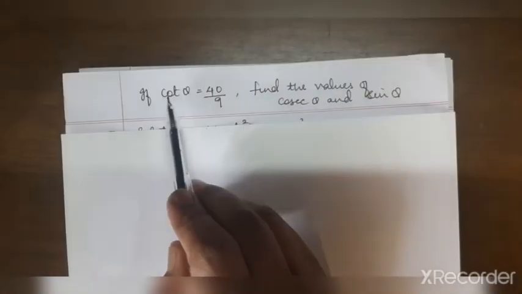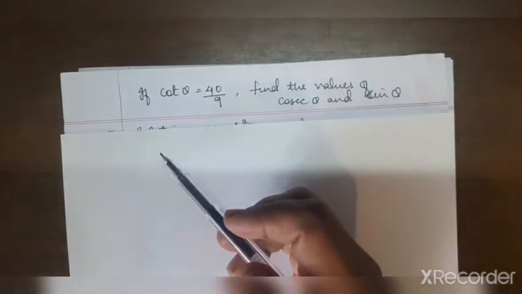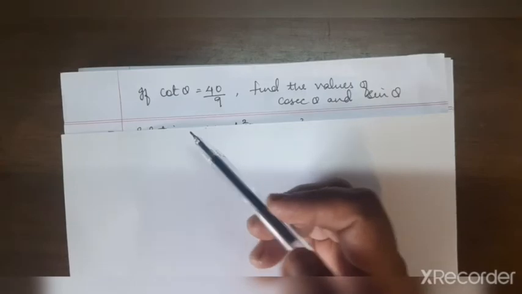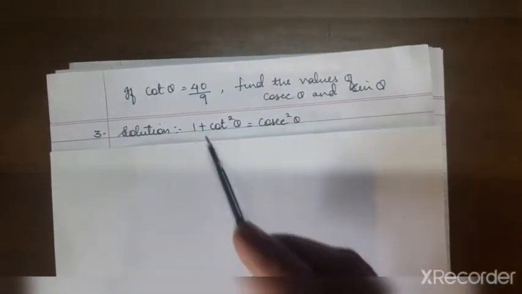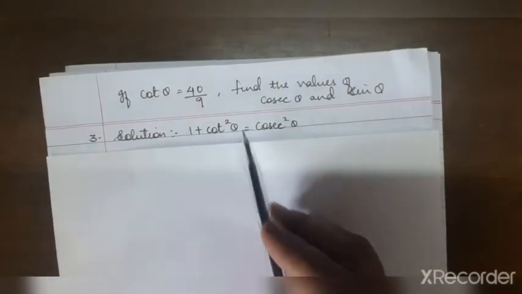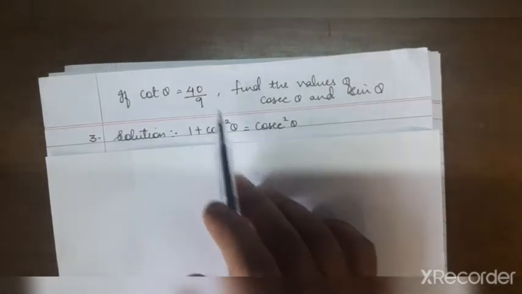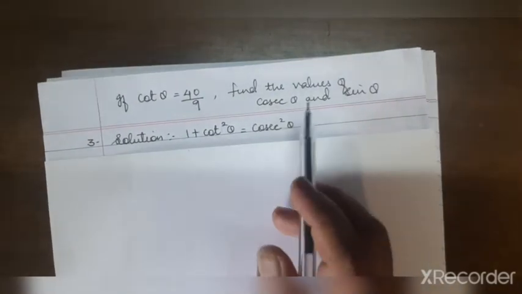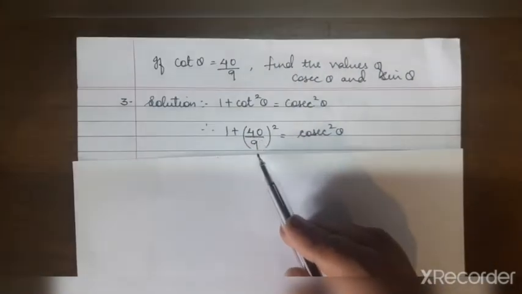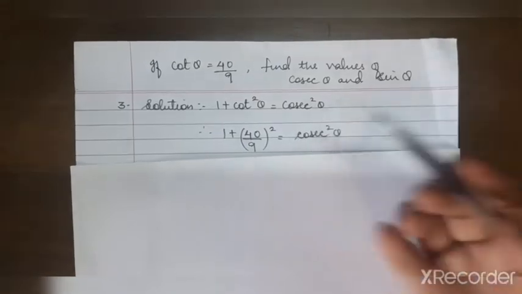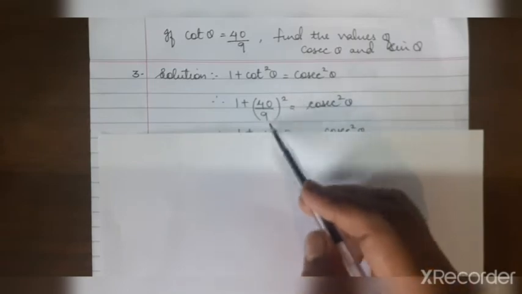Now, which is the identity related to cot theta? We have studied it, on page number 128 of your textbook. That is 1 plus cot square theta equal to cosec square theta. Now if we use this identity, then the value given for cot theta, the ratio, we can substitute here. So instead of cot theta, 40 upon 9 is put, and we take the square of it. Again, if you want, we can open the bracket here, 40 square and 9 square,